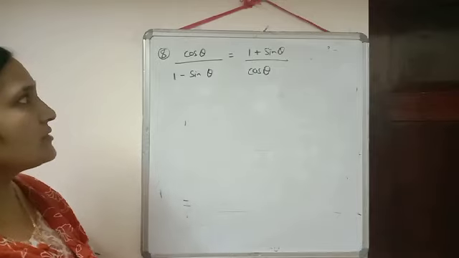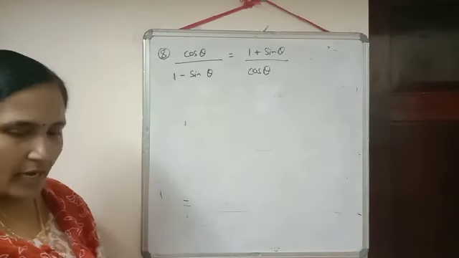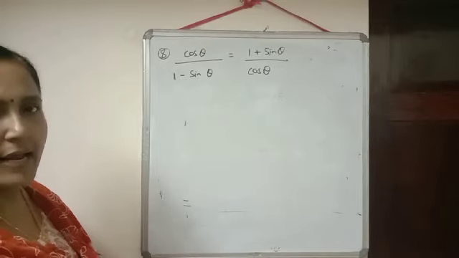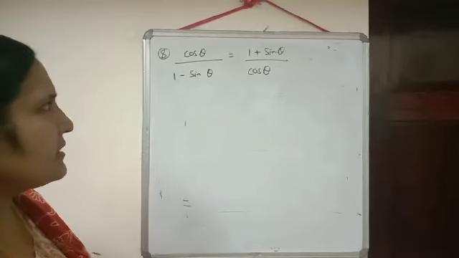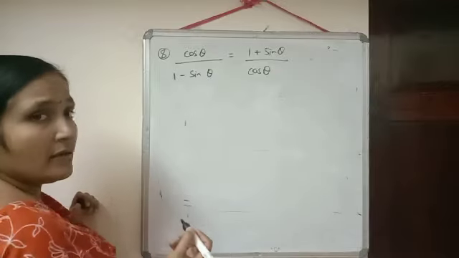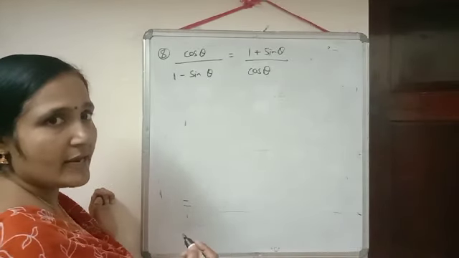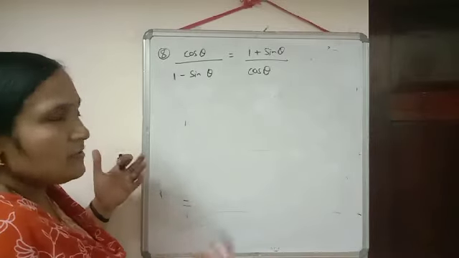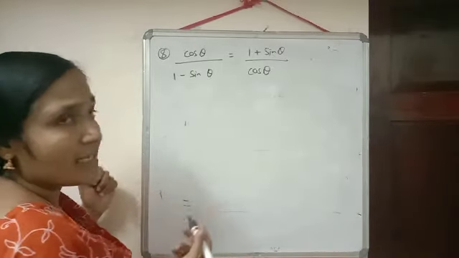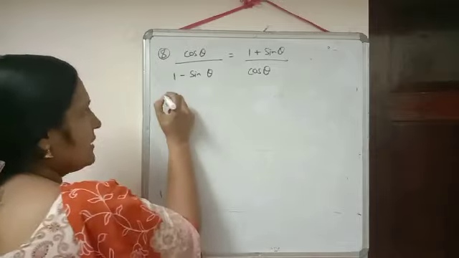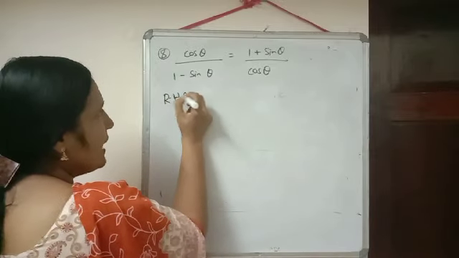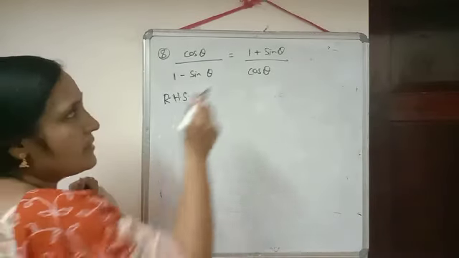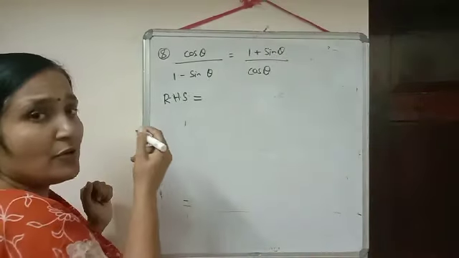So in this question also you can simplify any one. Either you can simplify the left hand side or you can simplify the right hand side. Here I am using one method only. So which one shall I simplify? Right hand side, because rationalization of denominator you already know. So we can do some questions which include rationalization of numerator. So I am going to simplify the right hand side. Why am I rationalizing the numerator only? Because here we have two terms in the numerator.